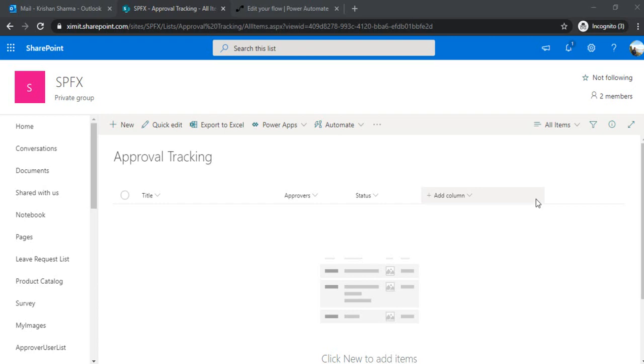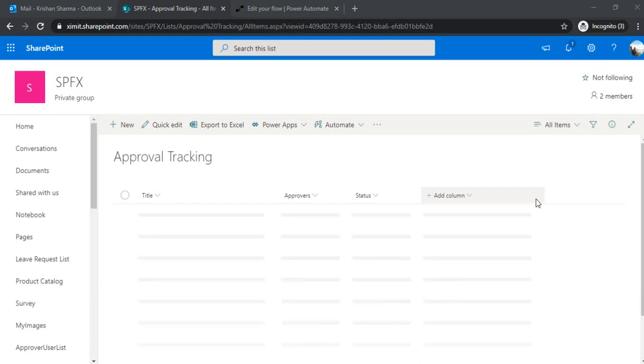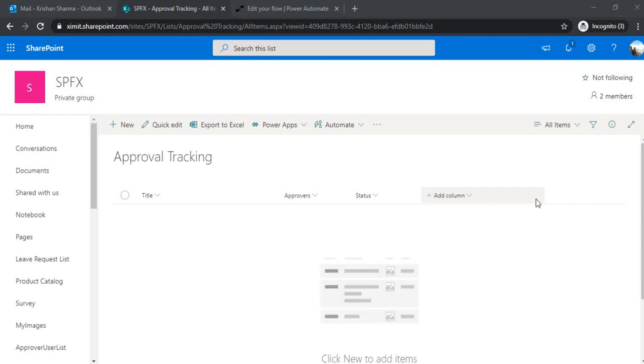So as of now, in Flow, in Power Automate, we have that feature of adding the approval flows, but there is no configuration to send out the reminders. So there is no default or out of the box way where you can just set up the configuration and it should start sending the reminders.